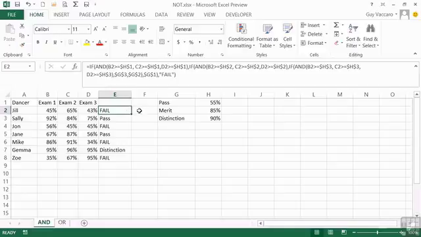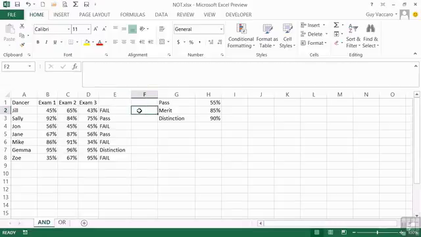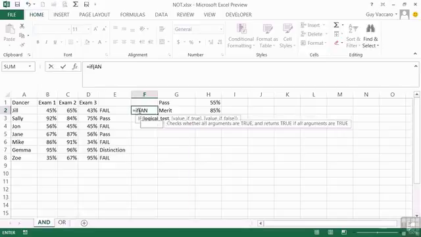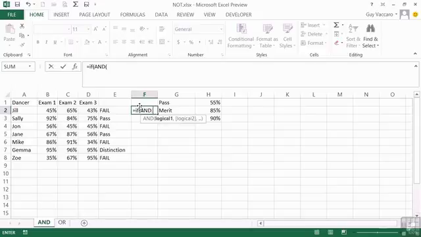What we're now going to check is whether each exam has been an improved score. So they might still fail at the end of the year, but if they've been improving each time, then there's room for hope. So we need to do a little bit of an if again. So equals if, open brackets, and. Now what I want to check is that each new exam, so exam 2 effectively, is not lower than exam 1, and exam 3 is not lower than exam 2. So I need to check both of those, so I need an and, because I'm checking two different sets of criteria. And then my first set of criteria is that not exam 2 is lower than exam 1,